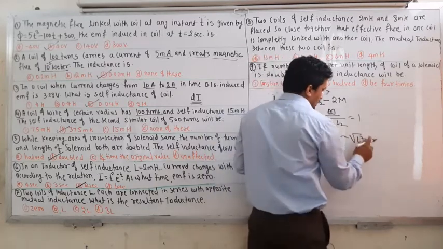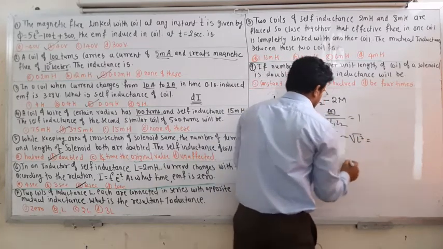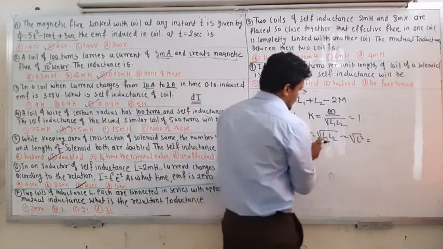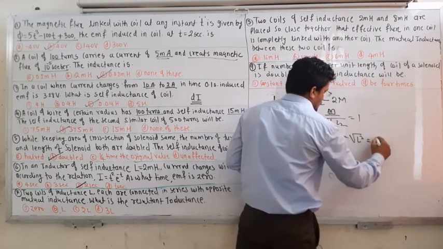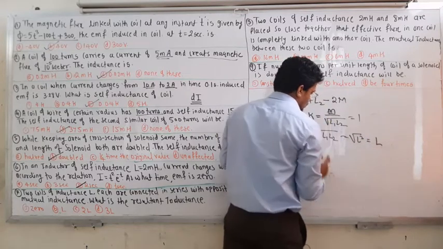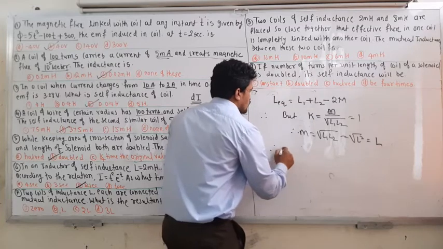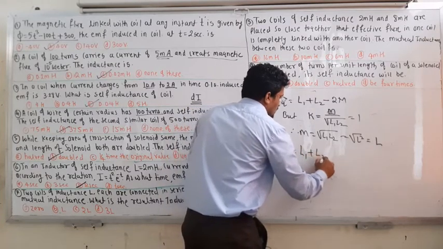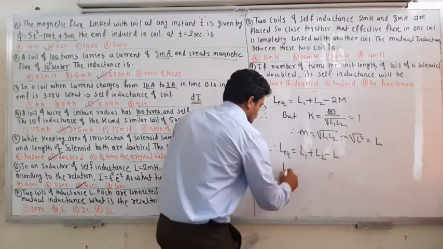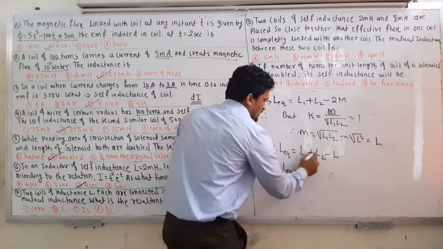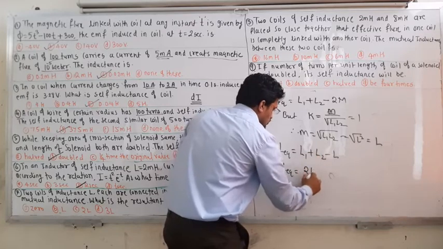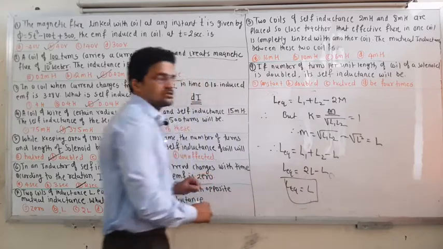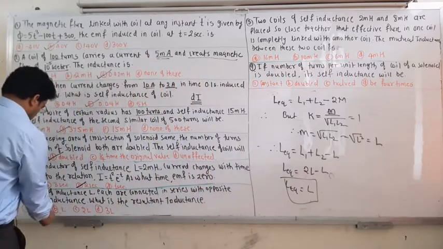L square. Okay, and then if you connect it, it becomes what? L square. So you will get what? Actually L here, so M is exactly L. Therefore L equivalent is equal to L1 plus L2 minus L. Both the L's are the same, so L plus L becomes 2L minus L. Therefore L equivalent is equal to L itself. So option B is correct.